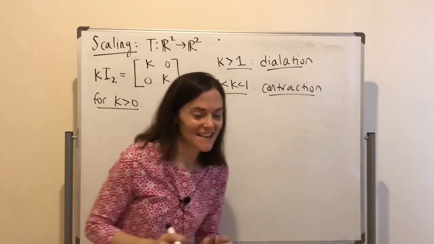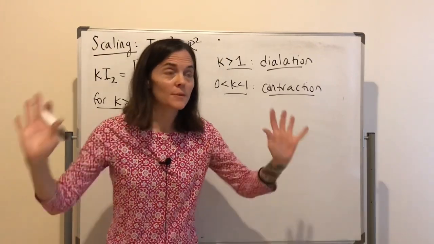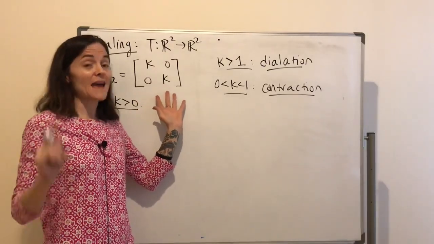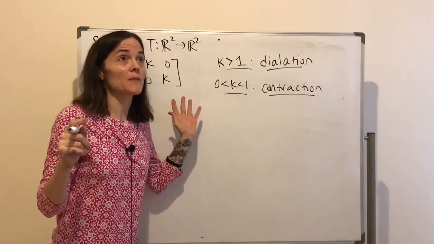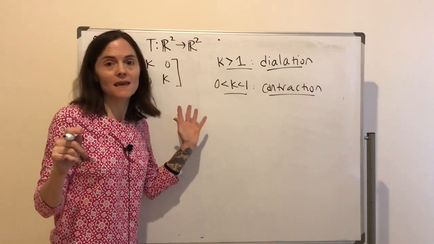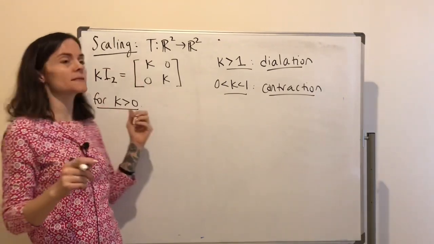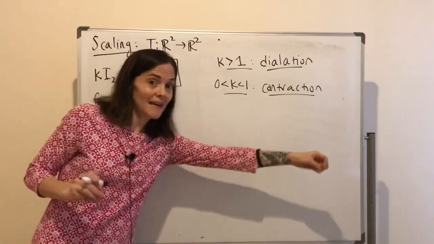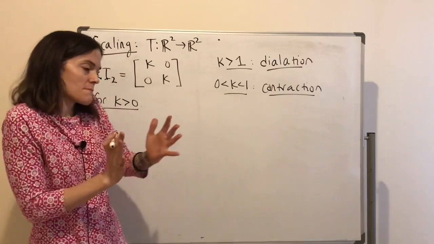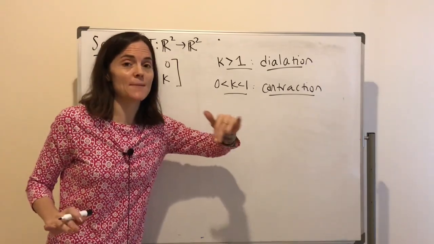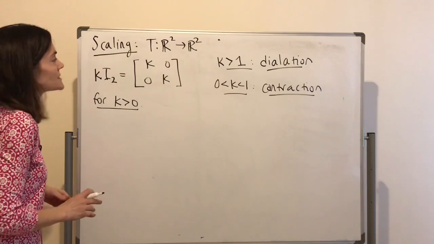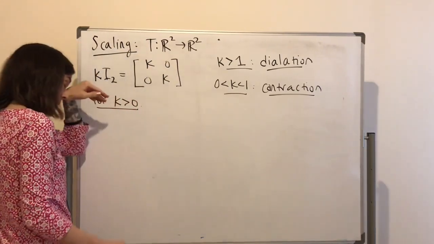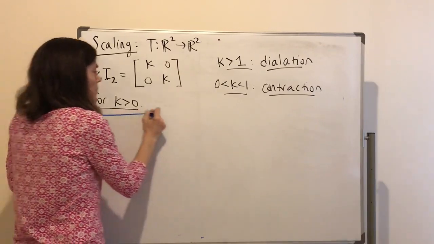What's happening is that this multiplies a vector by k. And we know, this is one of the first things we talked about, it's going to multiply the length. Well, k is positive here, so it's going to multiply the length by k. So if k is bigger than 1, you are stretching it out. And if k is less than 1, you are making it shorter, still pointing in the same direction because k is positive. Okay, well, that one is not too terribly hard to think about. This is the scaling.